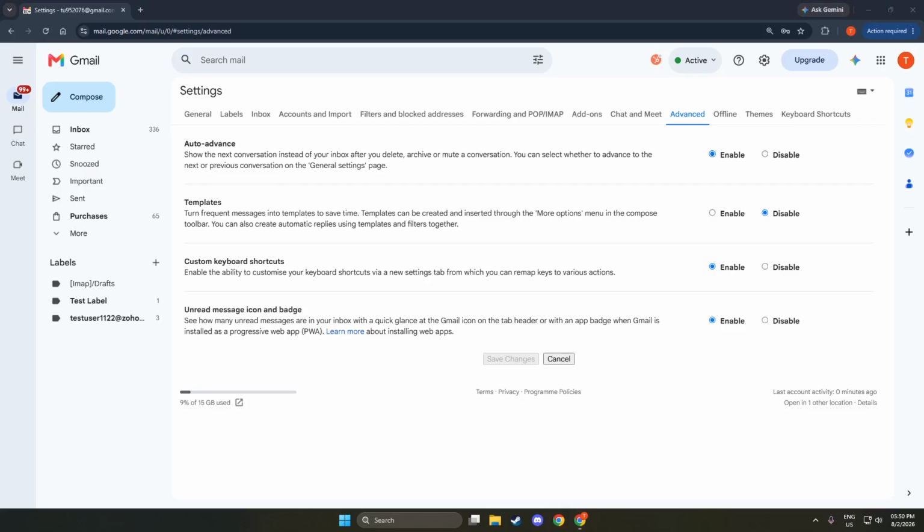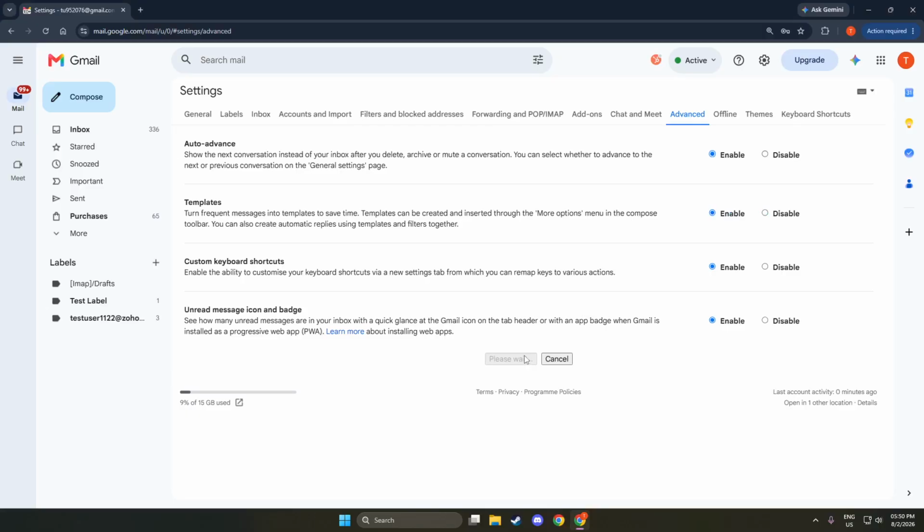When you click Enable, the radio button next to it fills in, and the description may highlight slightly. That tells you templates are now switched on, which allows you to create, save, and reuse email content directly from the Compose window. With templates enabled, scroll to the bottom of the Advanced Settings page and click the Save Changes